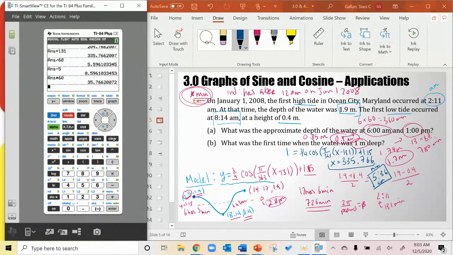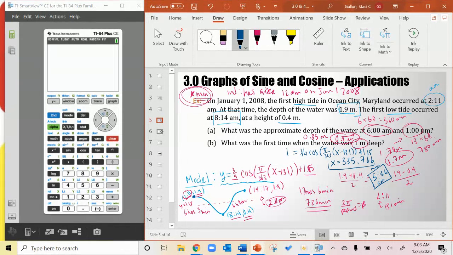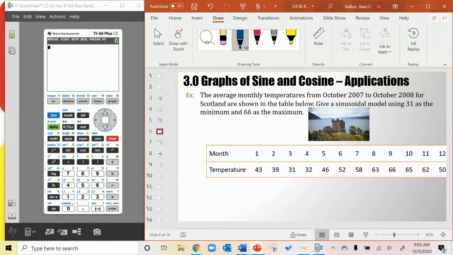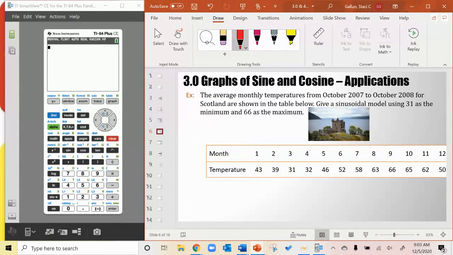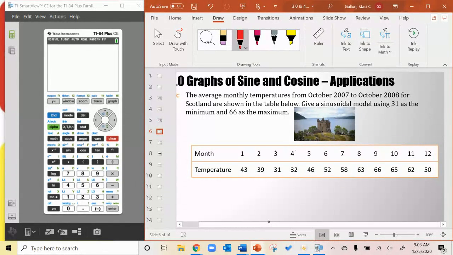Awesome. Let's go ahead and look at the next question here. So this one involves temperature, right? So we looked at tides. This one's involving temperature. The average monthly temperature from October 2007 to October 2008 for Scotland is shown in this table below. Give a sinusoidal model, so that